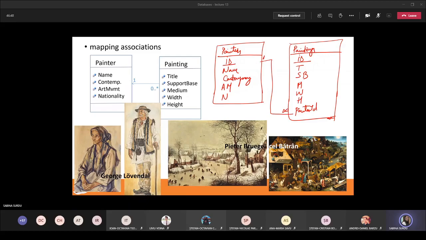One to many. So one table per class, and the key of this, let's call it the one table, will become a foreign key in the second table. So if you also add a not null constraint here, because we know by default foreign keys can take on null values if they're not part of the primary key, which is the case here, then this means a painting belongs to exactly one painter, whereas a painter can have